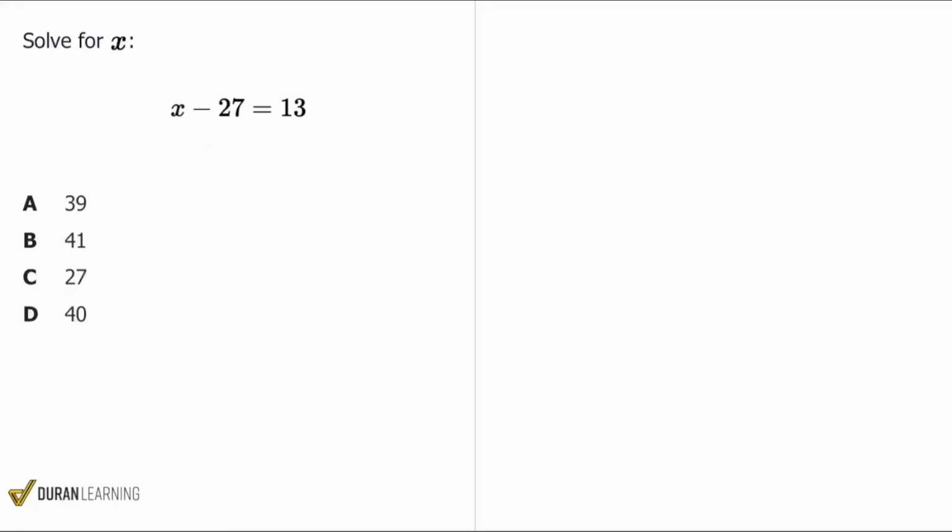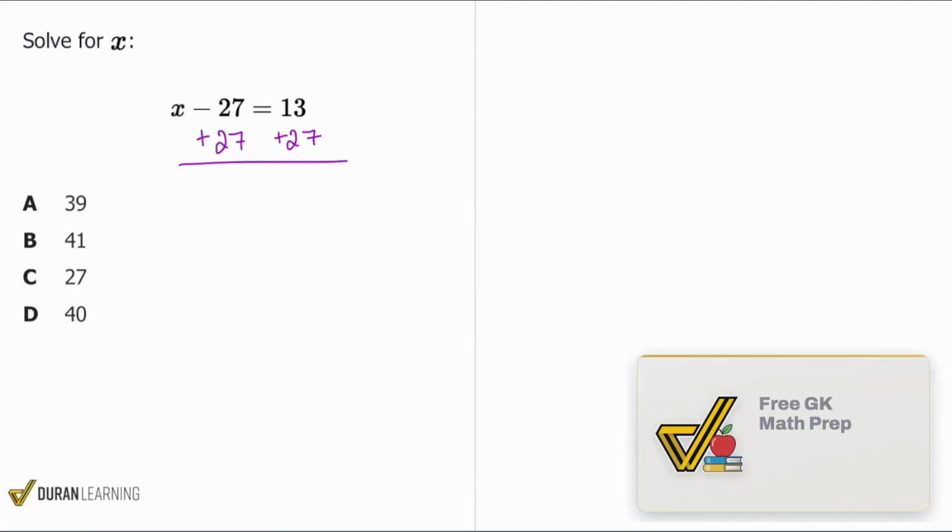So everybody, hit me. We all know this fact. What is the opposite of subtracting 27 from a variable? Yeah, the opposite is going to be adding. So let's go ahead and do that. Plus 27 on the left and on the right. Booyah right there. And so we will go ahead and cancel out on the left, leaving us with x equals